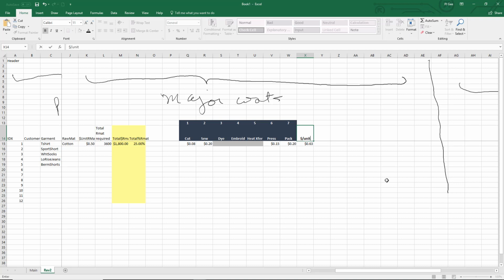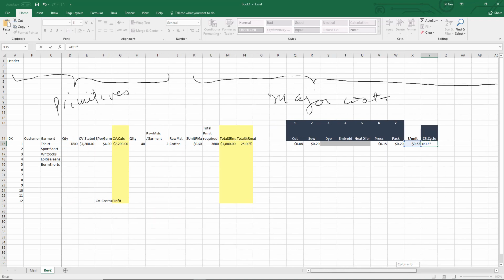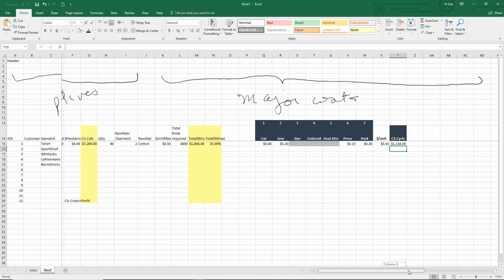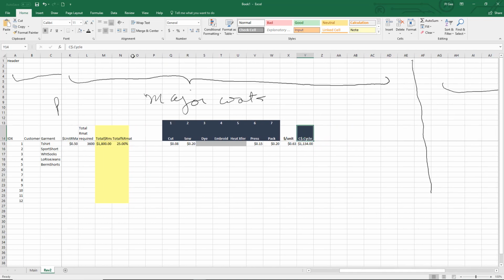And that's the cycle costs there. So now we can put the contract cost. How do we get that? It's simply how much it costs per each unit times, and we're going to come back over here and multiply it by the quantity, which is 1,800. Boom. Okay, so it cost us $1,134 to run it across the factory floor, right? Where we've gotten to so far